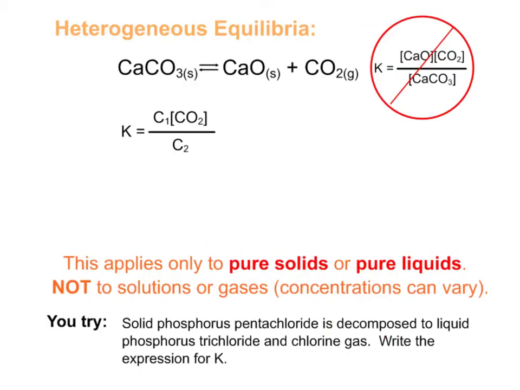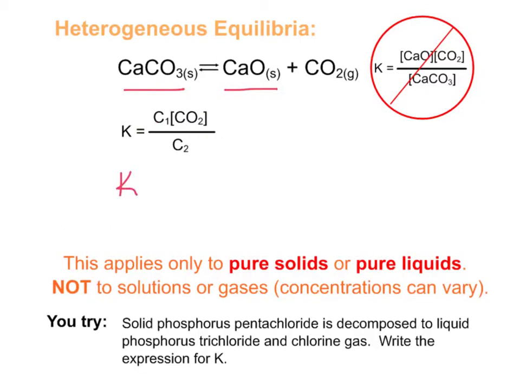So how do we figure this out? What are we going to do about this? It's so nice and easy. Look at this. Because the values for the solids, or if they were liquids, it would be the values for liquids as well, are constant, instead of the concentration of those, I'm going to label them in my expression as being constant. I'm going to call them a C constant instead of a K constant. C1 for this one and C2 for this one. If that is true,